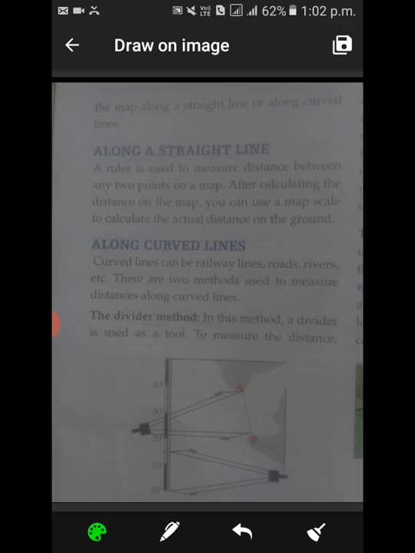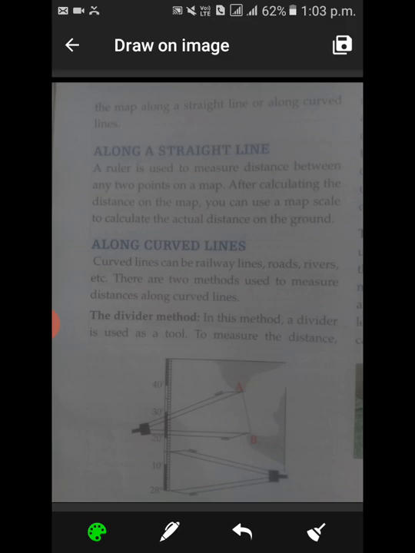After calculating the distance on a map, you can use a map scale to calculate the actual distance on the ground. So first we have to measure the distance on the map, second we have to measure it on the scale, and then we have to calculate the actual distance on the ground.